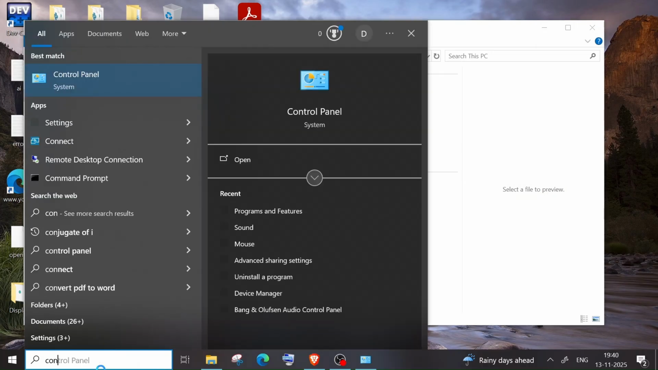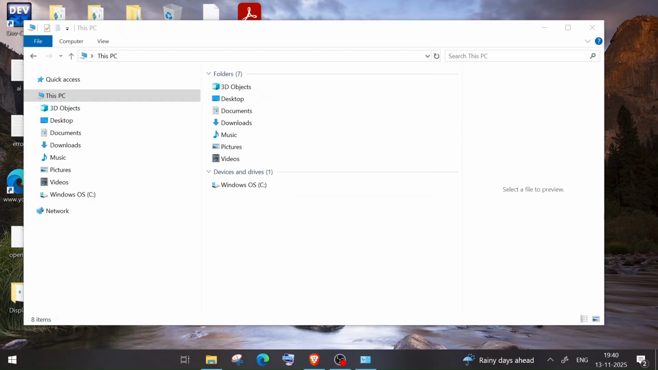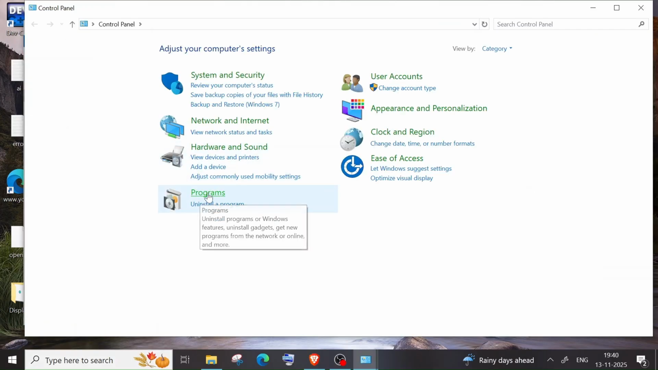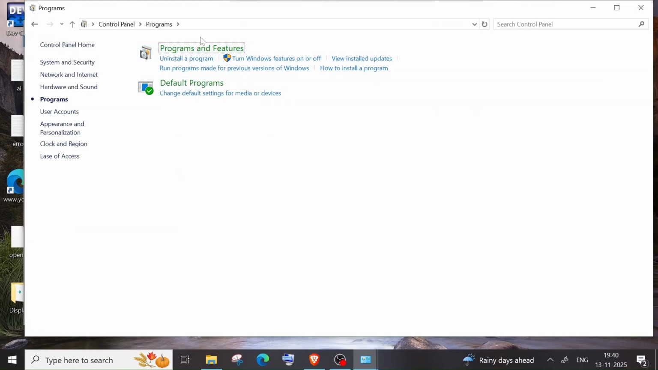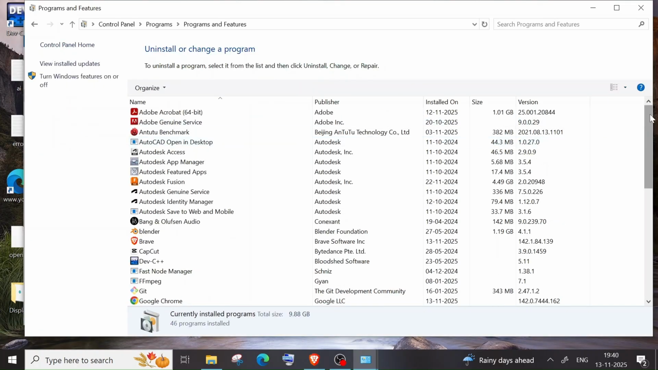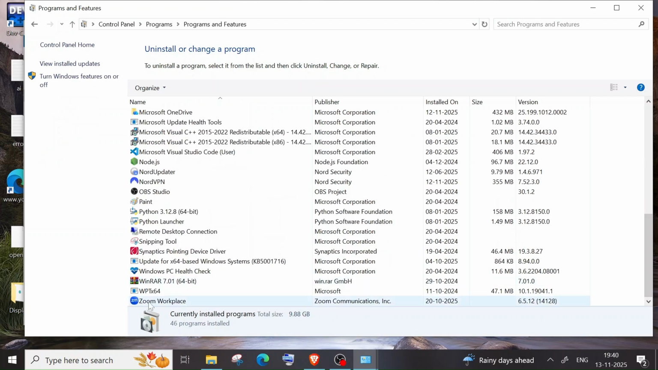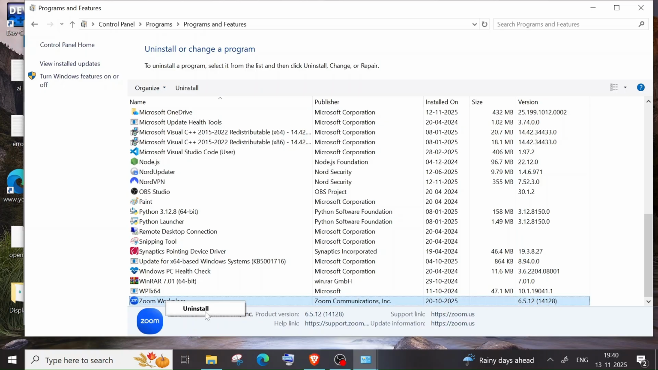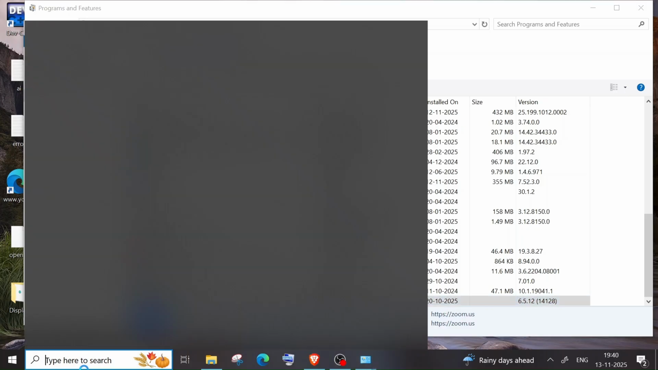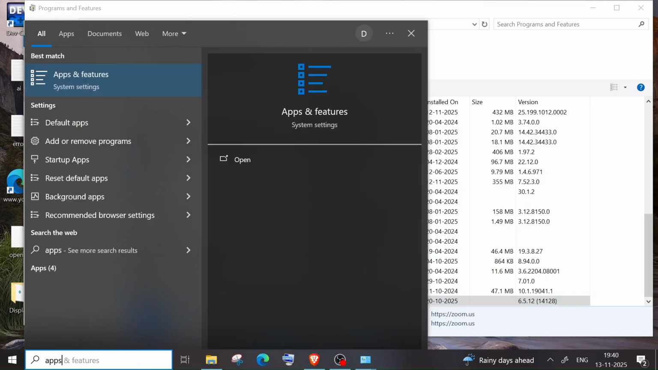Just go to Search and type for Control Panel, open it, and here we have Programs. Select Programs and Features. Here if you scroll down to the end, we have this Zoom Workplace. Either you can right click and select uninstall, or another way is to just go to search and